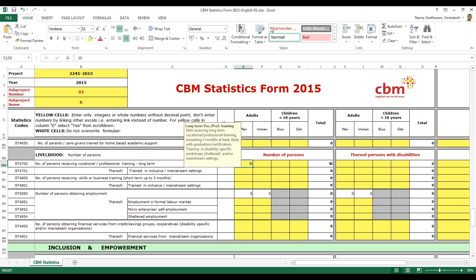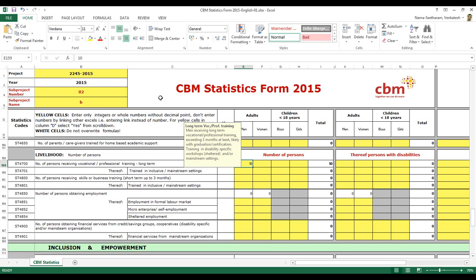Yeah, definitely. That's a really good question, David. I just wanted to inform you at the end, but you raised the point, so I will clarify here itself. For reporting the statistics form, the logic is: if the activities we have signed with the project fall within the framework of the contract we have signed with the partner, then they can surely report it as a statistic in our statistics form, even if we are not supporting it, because it acts as a whole project, and we are not considering whether it is financed by CBM or not.